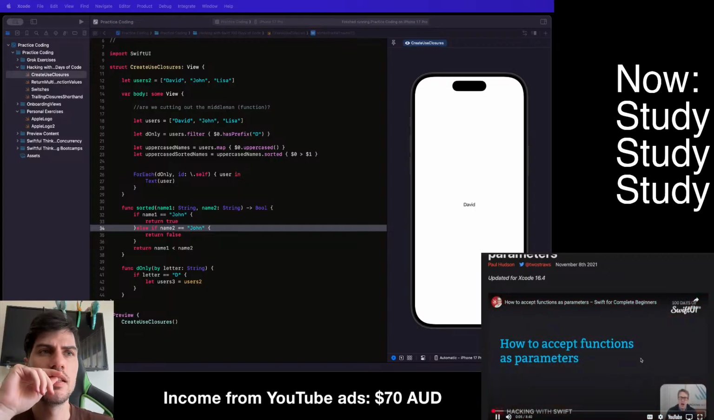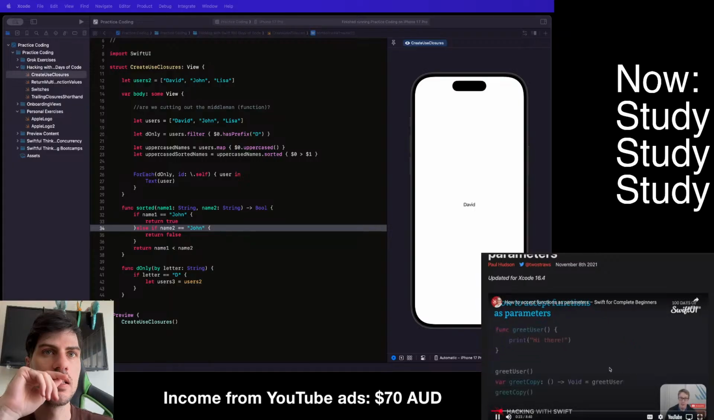There's one last closure topic I want to look at, which is how to write functions that accept functions as parameters. This is particularly important with closures, thanks to trailing closure syntax, but it's a useful skill in other places too. Now, previously, we looked at code like this. Func